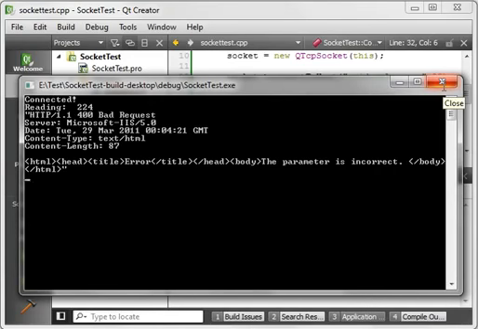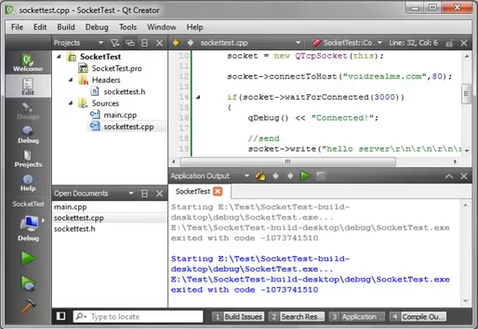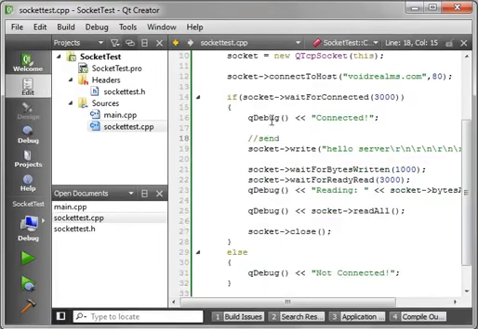Now, if you're like me and you have a firewall program, your firewall is probably lighting up like a Christmas tree. So I'm going to go over some general debugging tips. If you're trying to connect to the server and it just never connects, make sure you got the host name right and make sure you've got the port right. And when in doubt,